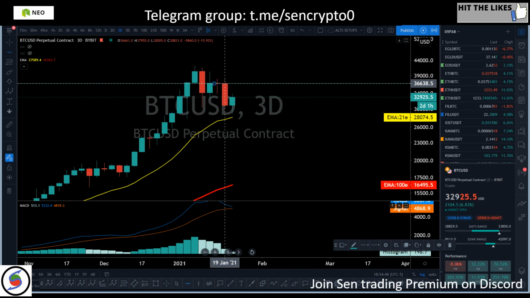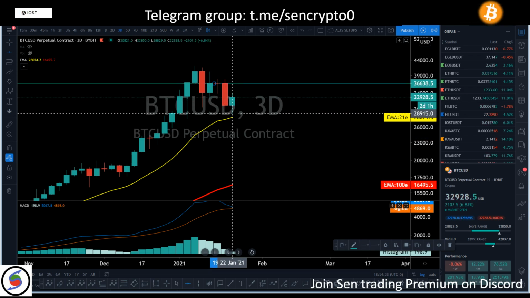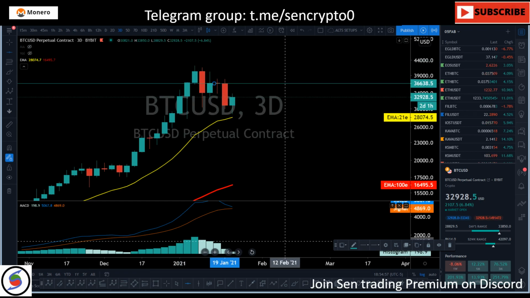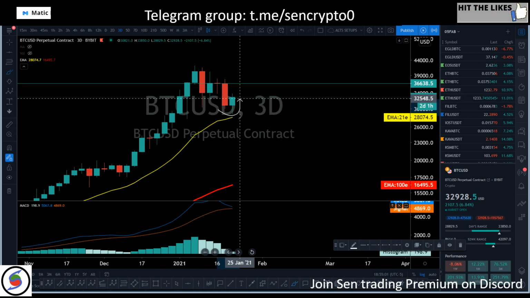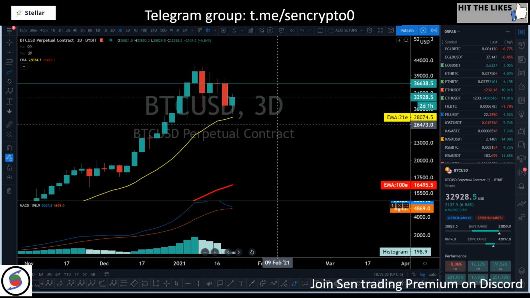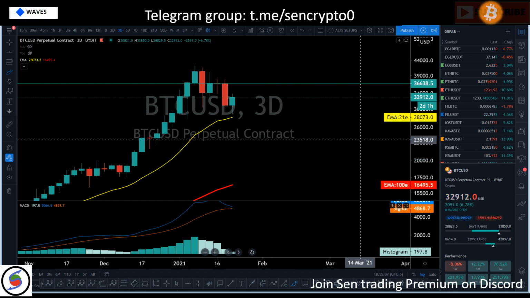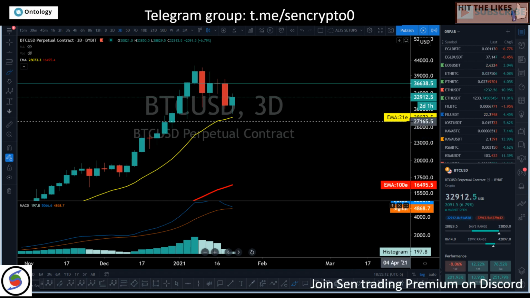Okay, so even if the next 24 hours we dip down to anywhere around 30k, most likely the 24 hours after that the market is going to reverse back up above 30k. So Bitcoin, it doesn't matter how you look at it, it doesn't want to stay below 30k. I think anything below 30k, especially below the 21 EMA on a 3-day and 2-day basis,